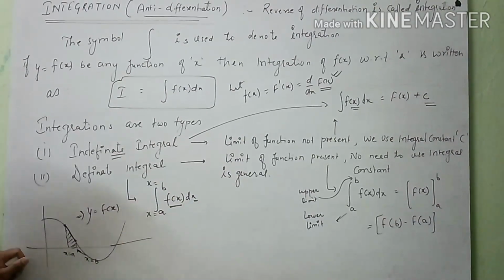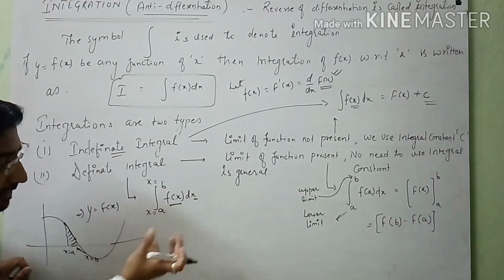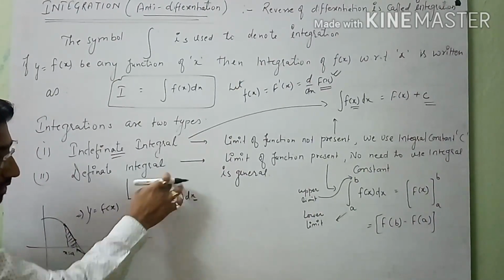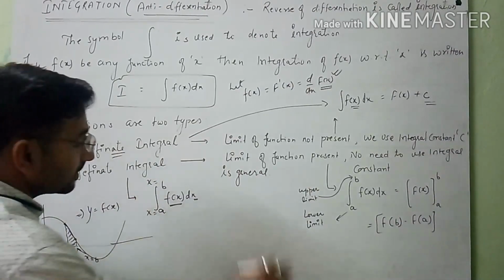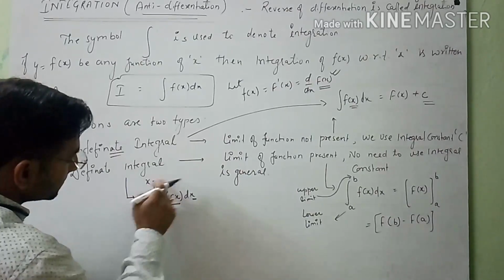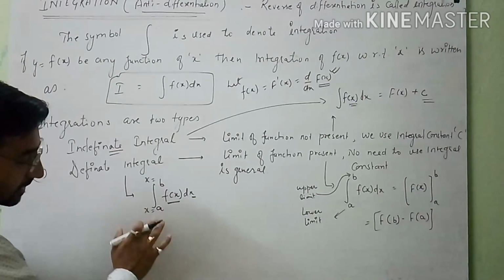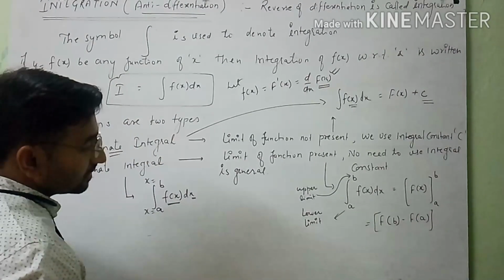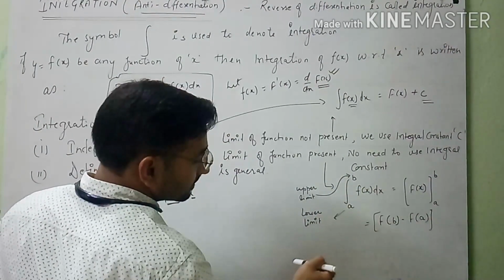It means that, on the other hand, you can say that in definite integration we can calculate the area bounded by the two limits for a given function f(x). So here we will write the integration in definite form with the limits x equals a to x equals b. See here, I have written the solution: integral from a to b of f(x) dx.